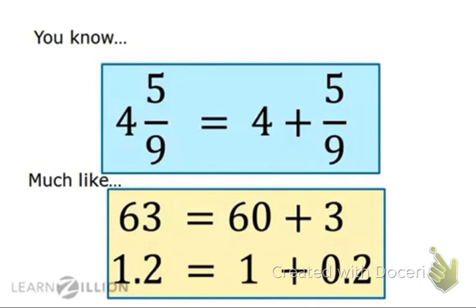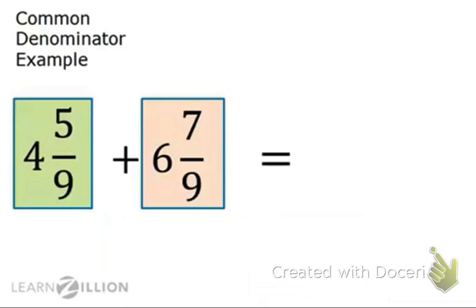This expansion of a number is much like the separating of place values, as in 63 equals 60 plus 3, or 1 2/10 equals 1 plus 2/10. I'm going to explain the idea of adding mixed fractions with regrouping using an example with common denominators. 4 and 5/9 plus